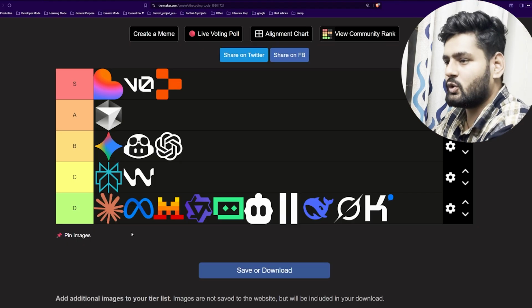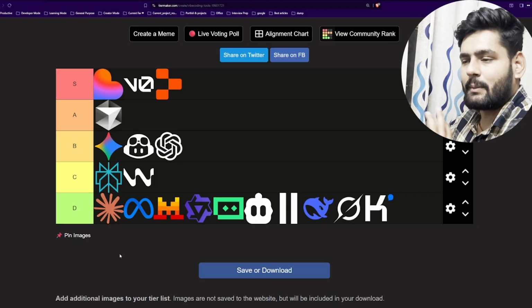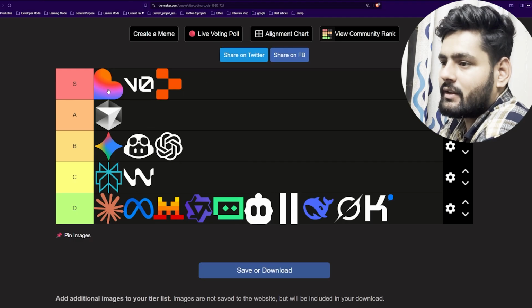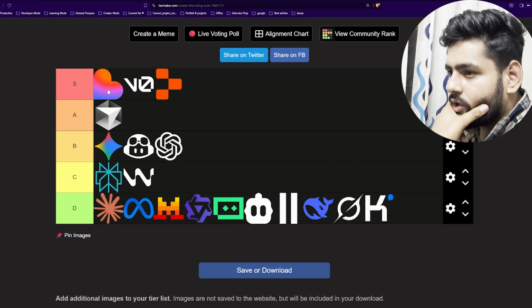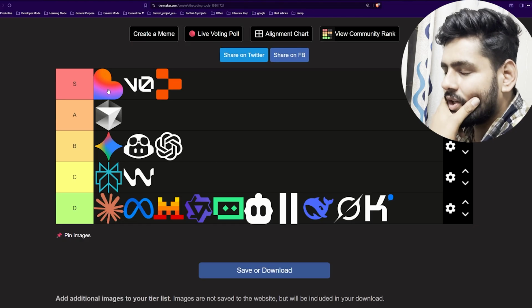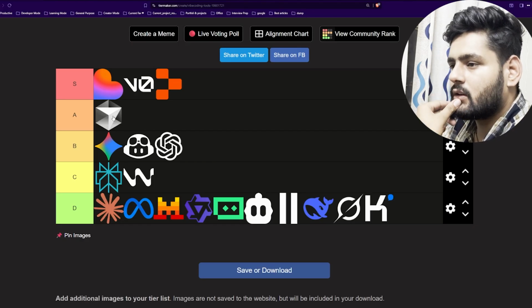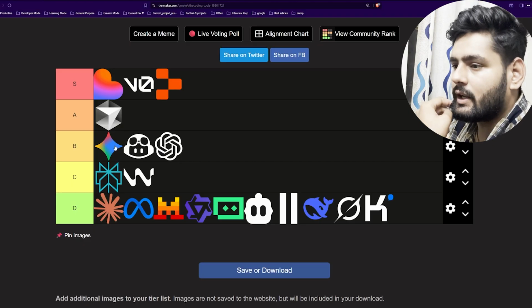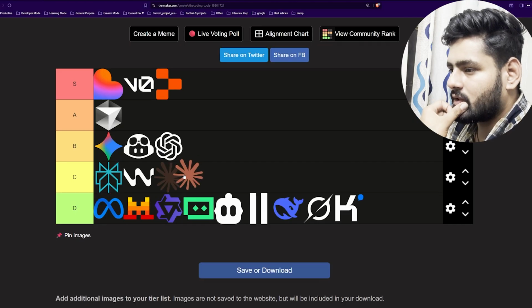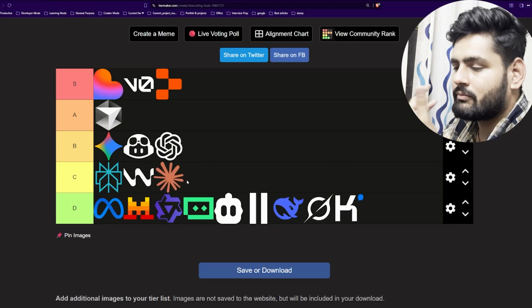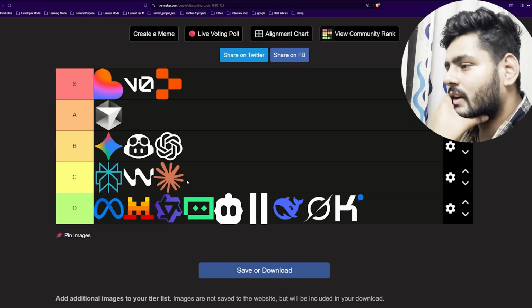A few moments later. Okay, so finally it looks something like this. If you are completely non-technical, go with the top ones, like Lovable, V0 and Replit. And if you know a bit about technical things, like a project manager, you can go with Cursor, Codex, GitHub Copilot or Google Antigravity. Then these are the general AI tools. I don't think anything will work here. Maybe we can put Claude Code in the C tier, because if you can figure it out. But yeah,